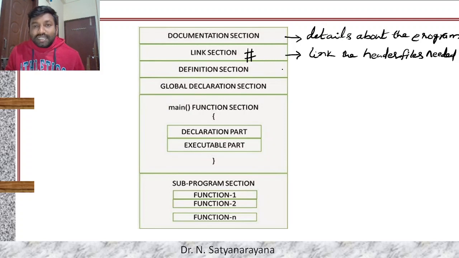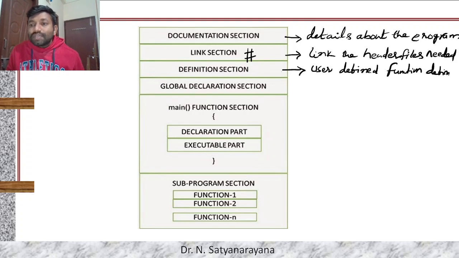Then the definition section. This section is mostly for when the user is defining any user defined functions. So this will have user defined function definitions. That also we will see later. You may not write all this at the beginning. Once you learn the concept of functions, there you can experience declaration and calling of a function, and there you will be writing the definition of the user defined function. We expect the definitions to be